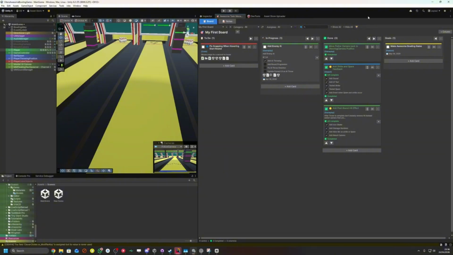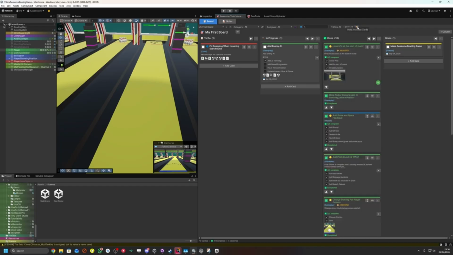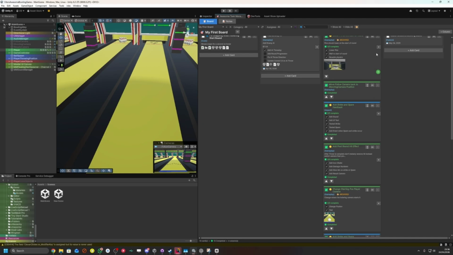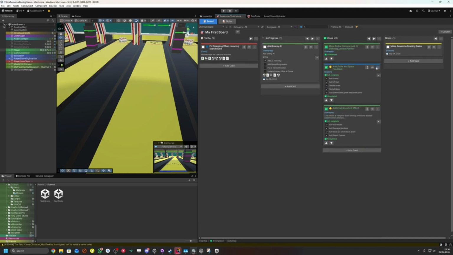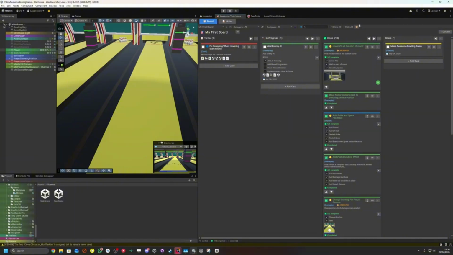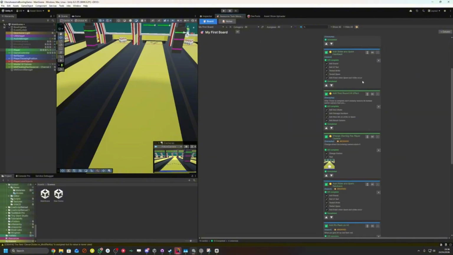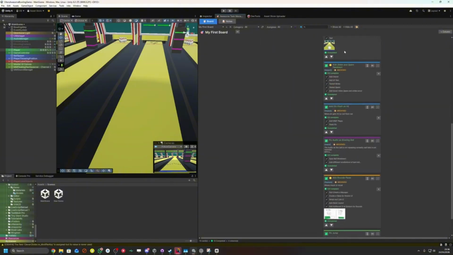Because the lists were getting pretty long as I was working on this, I added an archive feature. To archive, you right click on the options, the three dots there, then you go archive card, and that will archive it. And then to get it to show, you just press up here, and it'll show all your archive cards